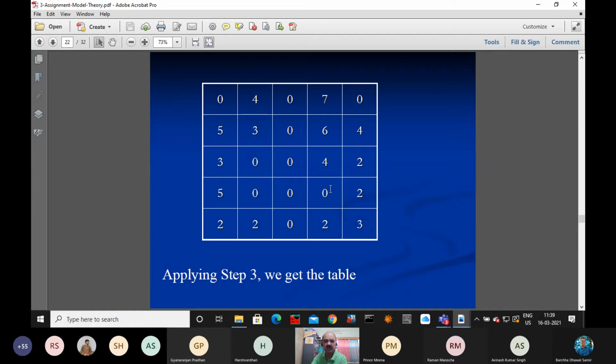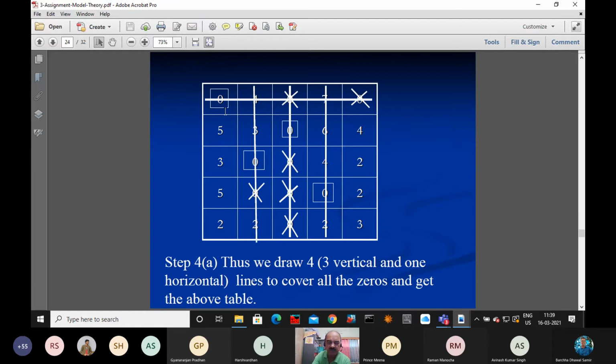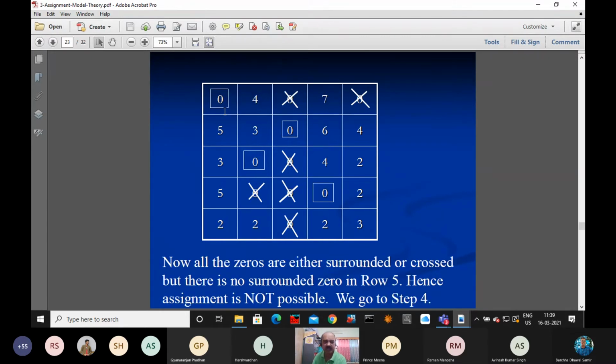After that we observe there is the first row where we have not assigned anything. So now we'll talk about the first column. In the first column there is a 0, so we assign to that. As a result, we'll find this is our assignment. These are the assignments here.